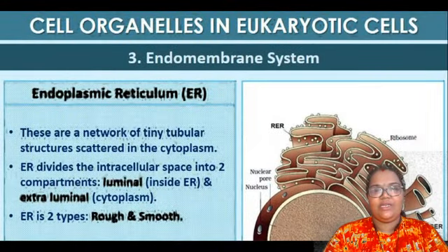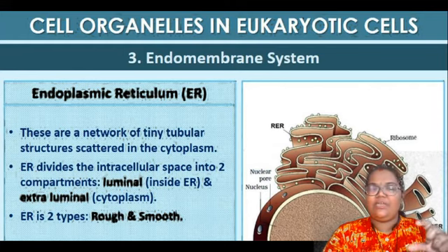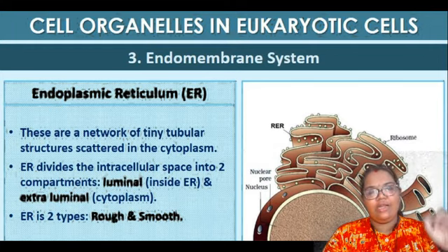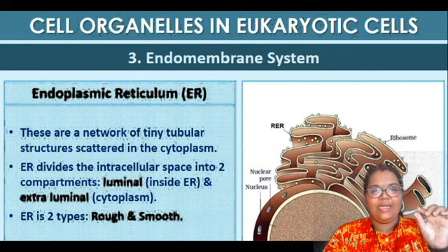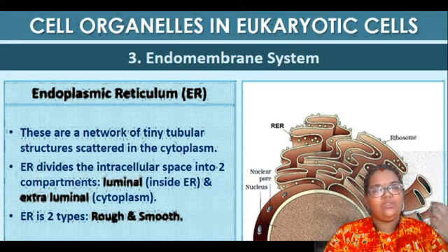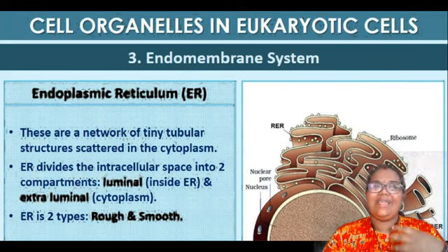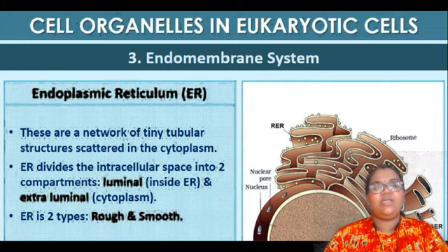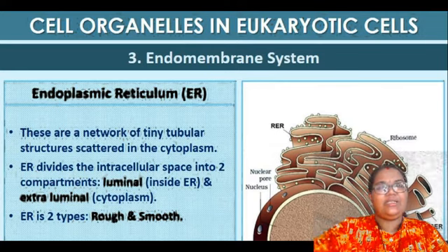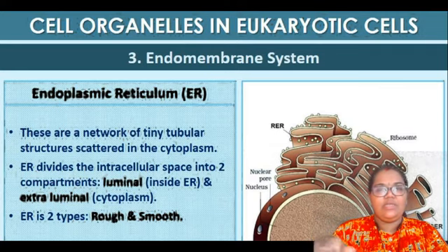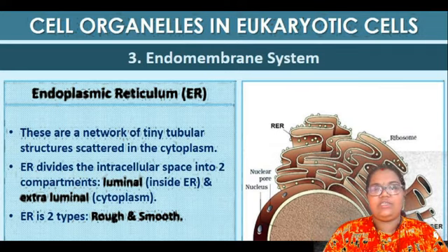First one, the endoplasmic reticulum, ER, right? In short, the endoplasmic reticulum arises as an extension of the nuclear membrane. You have already learned in class 8, 9 and so on that the nuclear membrane is double layered, a double membrane, and there will be an extension coming from that, which is called the endoplasmic reticulum. It is a network or channel-like structure. It can extend throughout the cytoplasm till the cell wall or cell membrane, or it can be short also. It can freely float in the cytoplasm also.